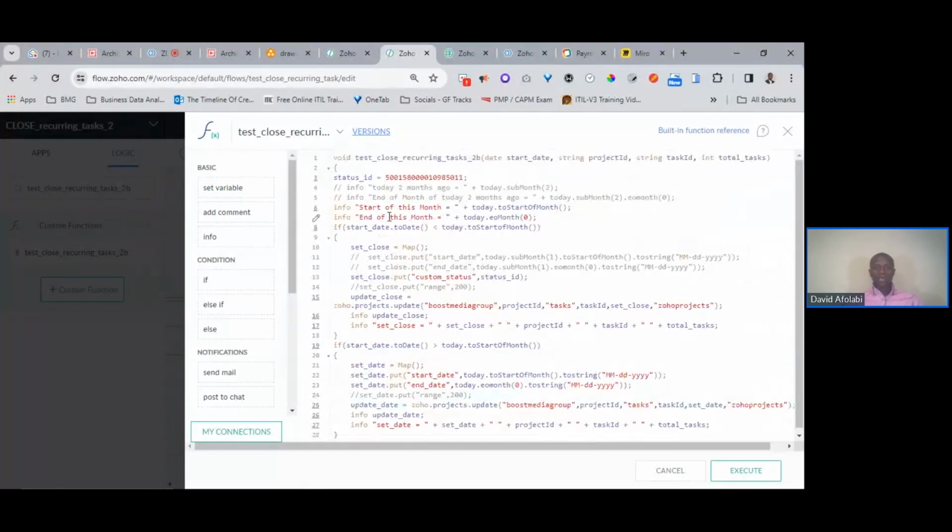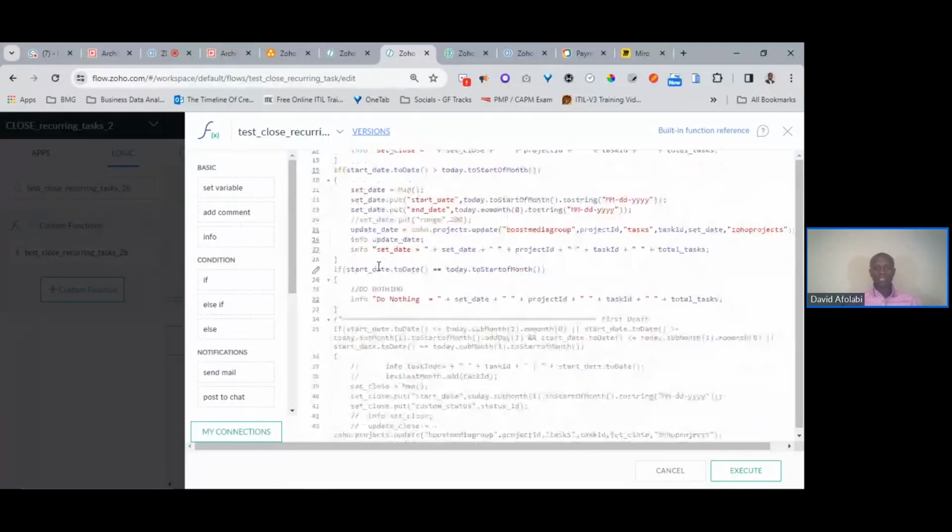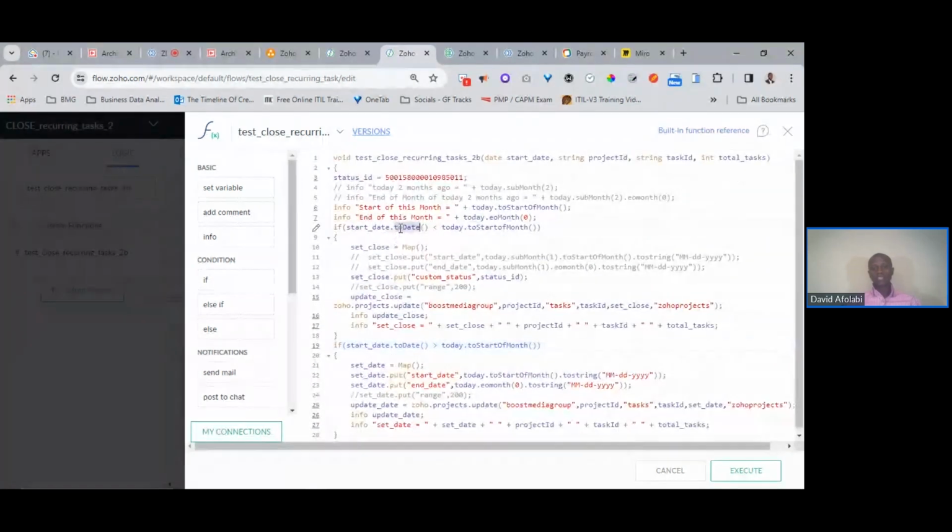Yeah, so this comes in as a date string variable, and that comes into this and gets sorted further into whether it's the month, or whether the date on that task is the first day of the month or not. If it's the first day of the month, it gets executed instantly. Otherwise, the date gets set to first or based on,